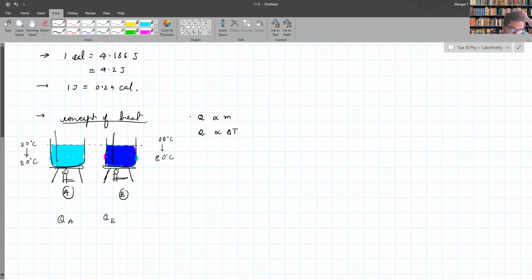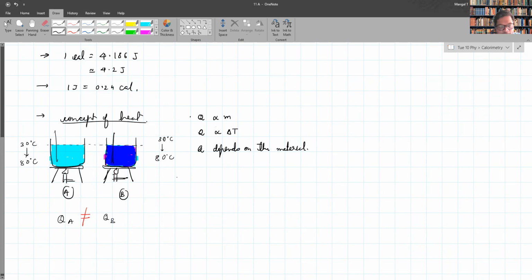Water is heated from 30 to 80, and the other liquid is also heated from 30 to 80. The mass is the same, the rise in temperature is the same. So I hope you will agree that we don't know which one will be greater or which one will be smaller, but they will not be the same. So that means the amount of heat depends on the material